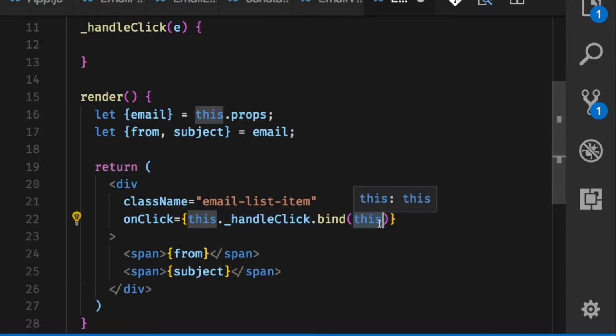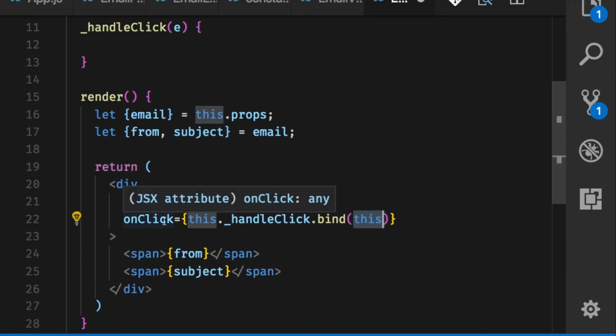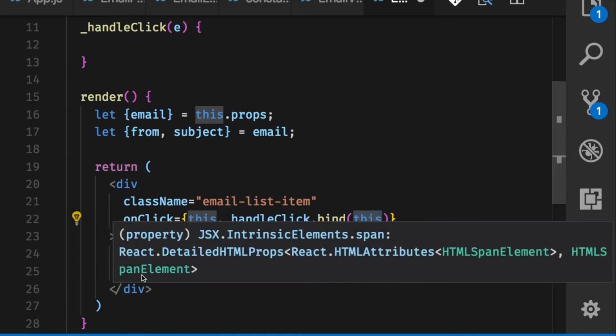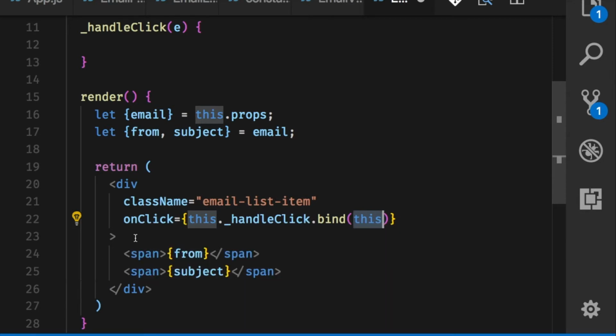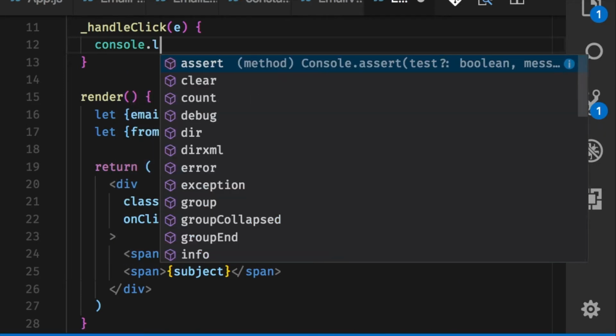There are ways to get around that, which I don't want to get into because that's just a tangent on what we're doing. But the thing I want to point out is that the way that you add event handlers to elements is that you just pass those attributes to it. So you just pass on click to it. If you wanted on mouse over, then you would just pass on mouse over to it. So it's pretty straightforward, actually. It's kind of like old school JavaScript. So now, if I go console.log here,